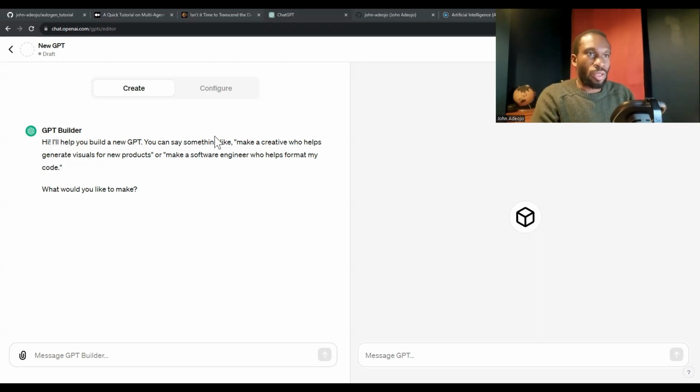I want to use this opportunity to live code my first GPT. So I don't know how this is going to go. I've never used the interface before, but it'll be interesting to work along with you guys just to see what I can build. So I've had this idea since Dev Day of creating a GPT to deliver some of my